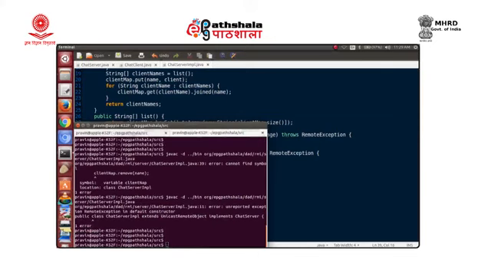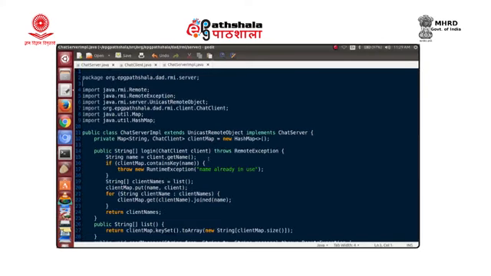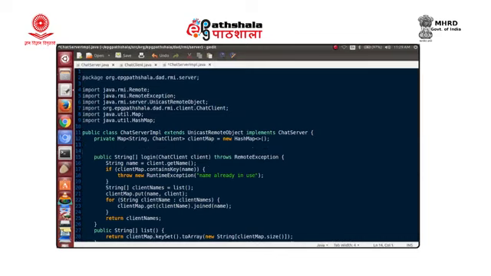There is one important thing about any remote implementation. If you are writing one, we need a constructor for such an item, right. So we need a public constructor for chat server IMPL, and that should have a throws remote exception, that is a requirement.